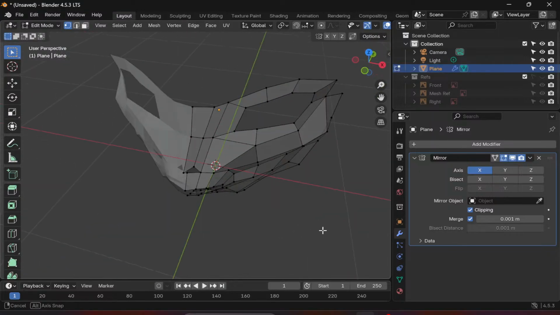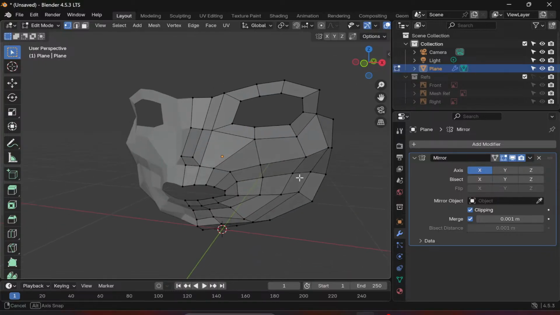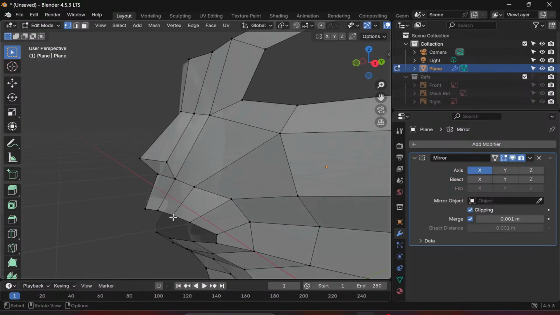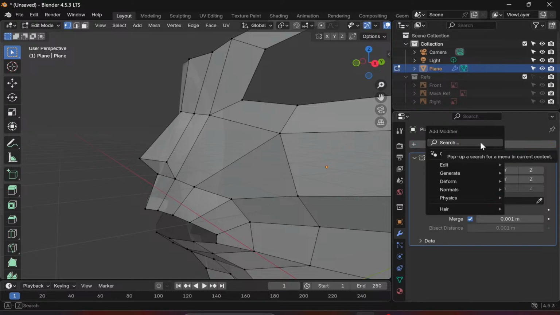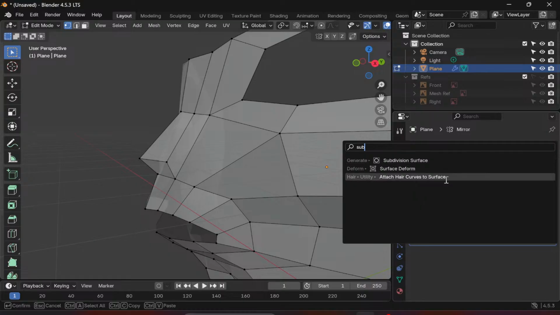But for children, the muscles and features of the character will not be that present. But if you are modeling, for example, elderly people, those features need to be more present, and I'm going to add a subdiv over here